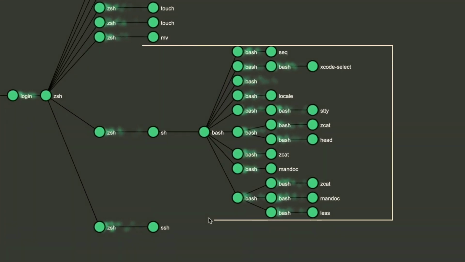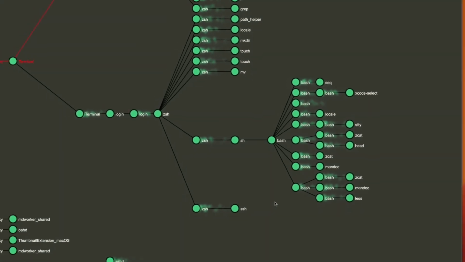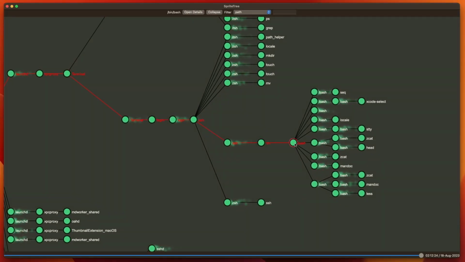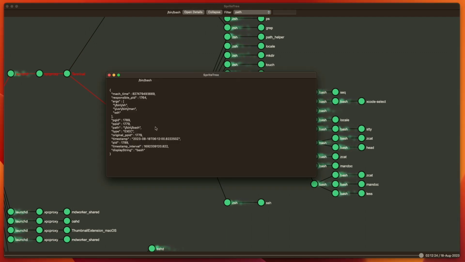Up above, we see some of the basic commands we executed, but what immediately jumps out is this large bash process tree. If you recall, in our second terminal, we didn't really run any bash scripts, at least to our knowledge. We didn't run any SH scripts that we saw. But if we dig into this and look into the full details of how it came into existence, I'm going to go right above where all these commands were executed and click on the process.